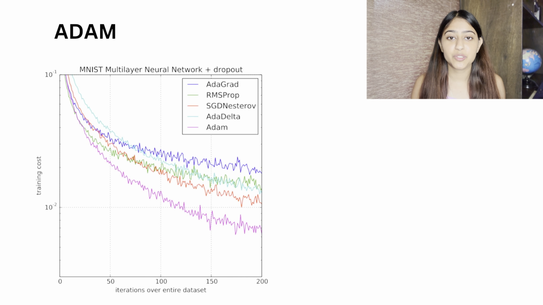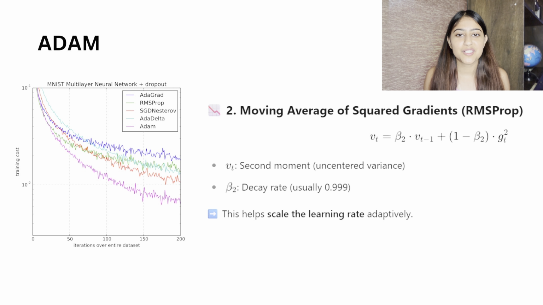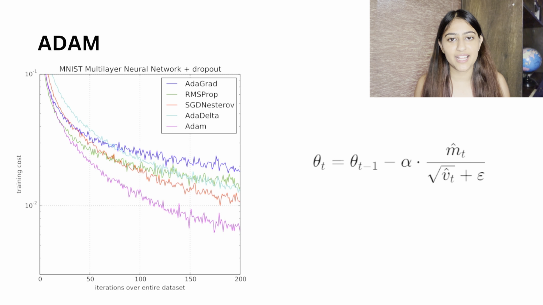Adam keeps track of two things for every parameter in your model. The first moment, basically the average of the gradients, just like momentum. The second moment, the average of the squared gradients, just like RMSProp. So now each parameter has not only a sense of direction, but a sense of how wide the path has been recently. With these two pieces of information, Adam scales and smooths every step. In math language, Adam's update rule looks like this. It is simple but powerful. Big gradients get normalized and small consistent gradients gain more influence.